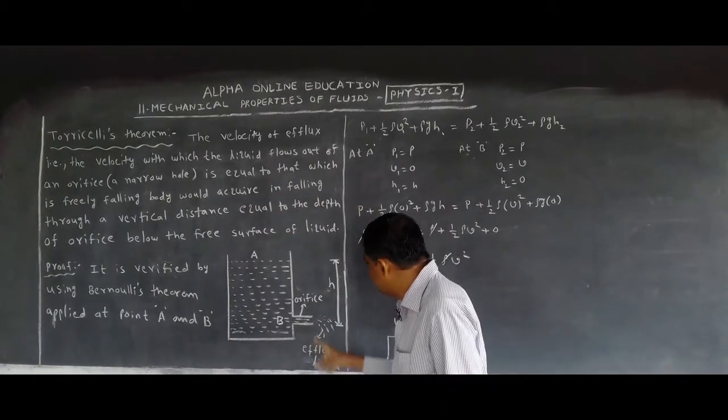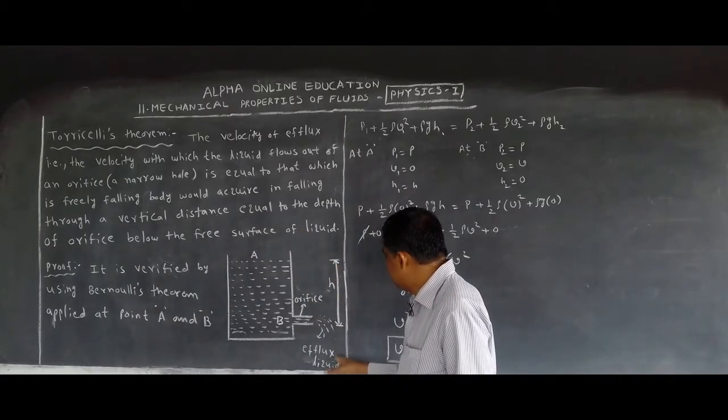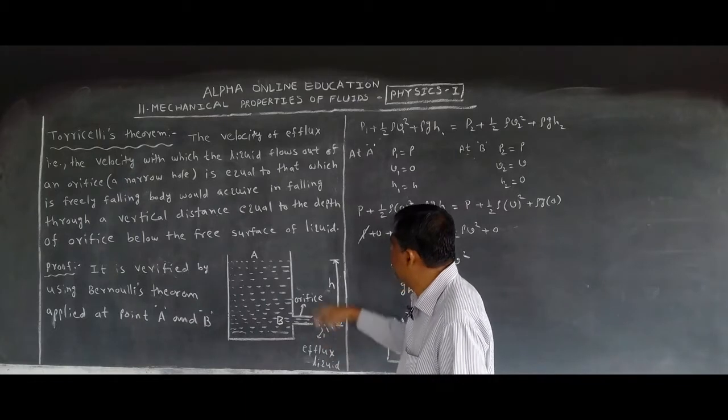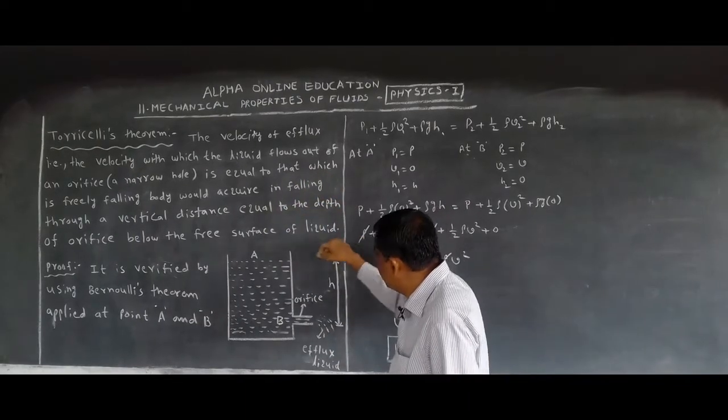What is the meaning of orifice? A narrow hole. Whatever the velocity of the liquid from this orifice, it is equal to that which a freely falling body